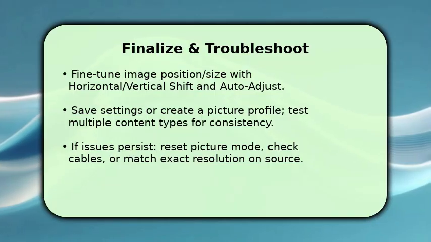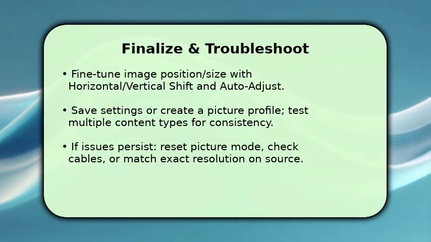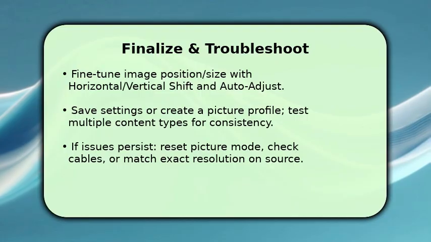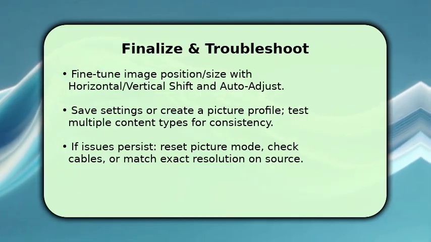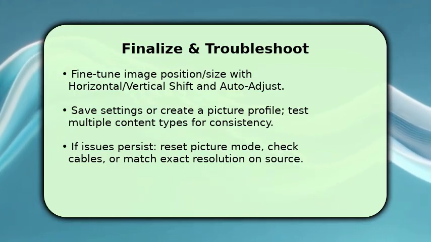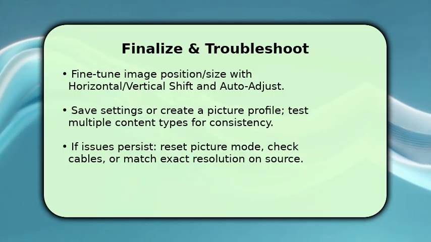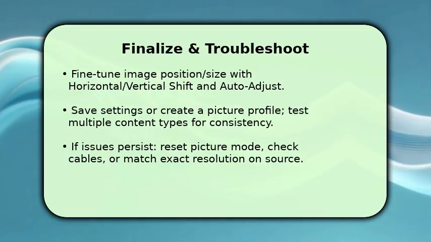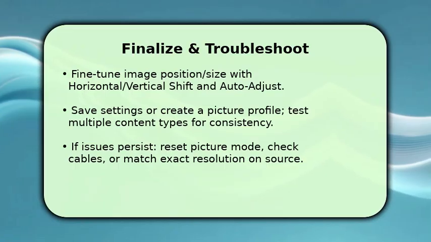To finish, fine-tune the image position using horizontal and vertical shift, or the TV's auto-adjust so edges align with the bezel. Make sure to save or store the picture settings as a profile after confirming across different sources and content types. If you see black bars, cropped edges, or parts missing, reset the picture mode to default, or swap